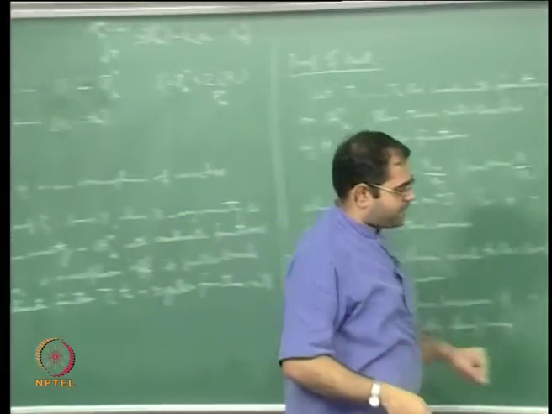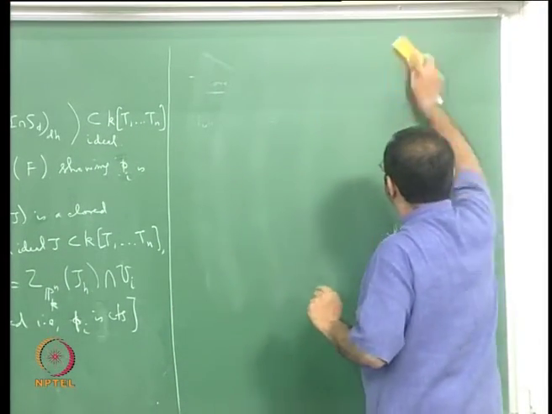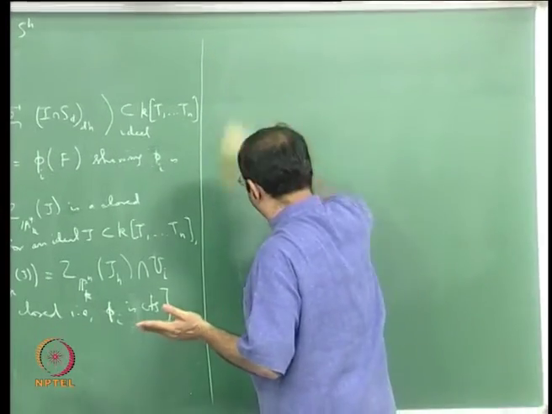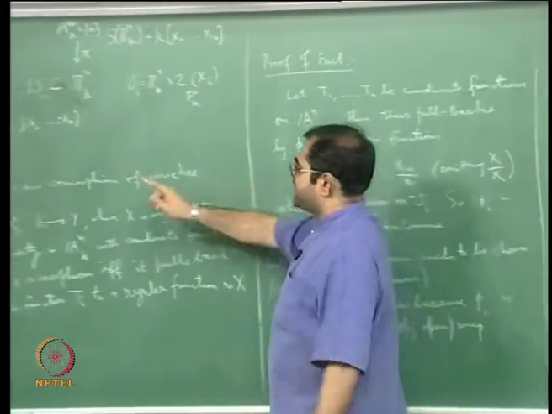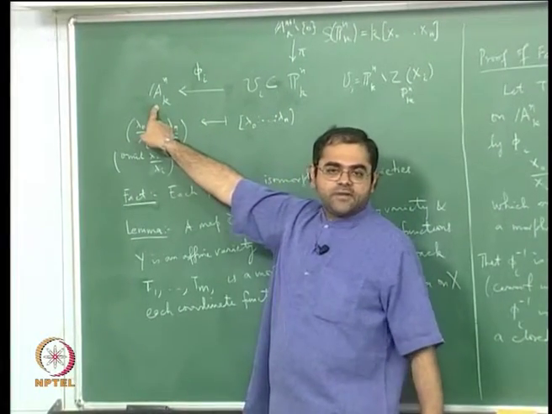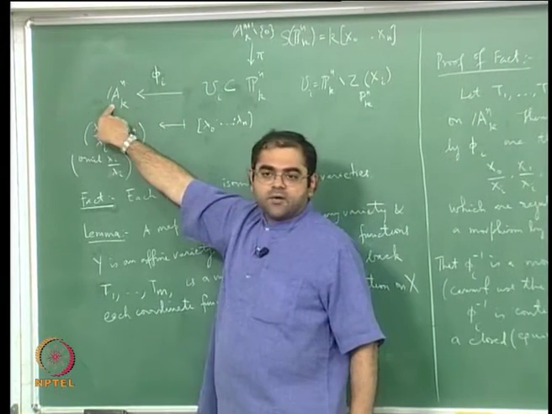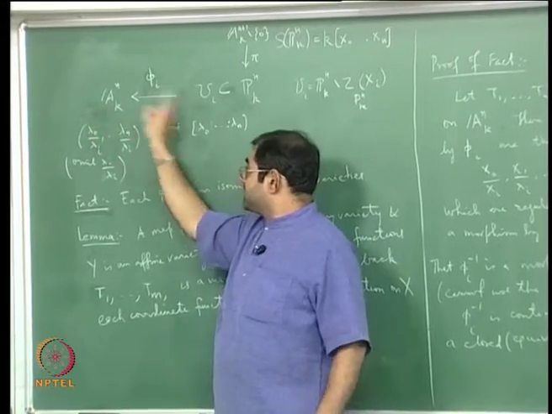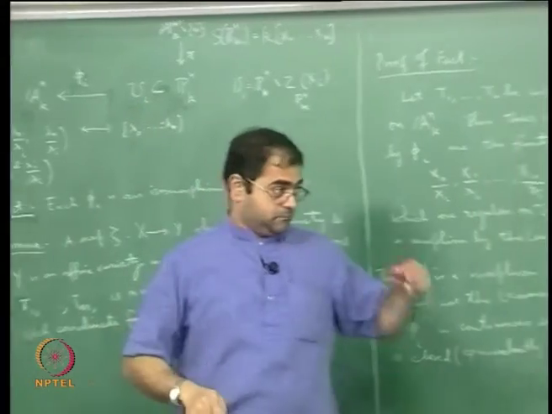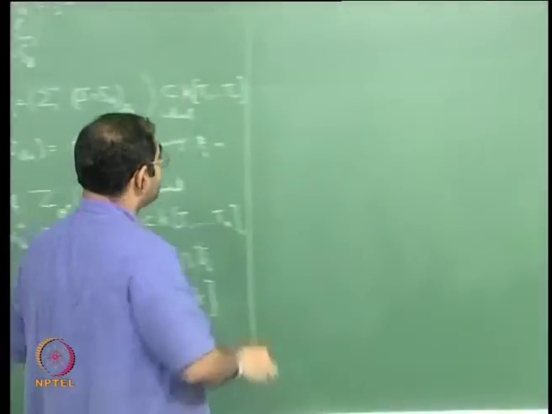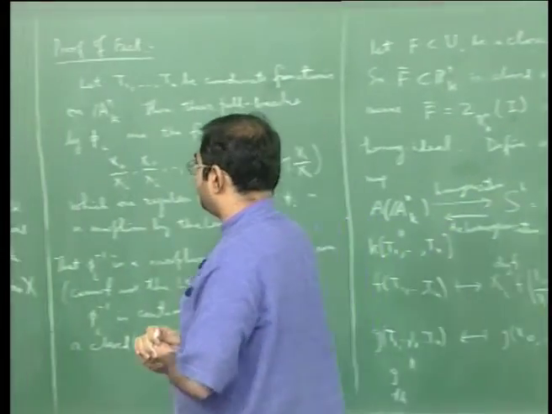In fact, to be more precise, what is happening is that once this fact has been proved, it is going to say that each Ui is isomorphic to An as an affine variety. Therefore, you expect that the ring of regular functions on Ui is the same as the polynomial ring in n variables. Okay, so that should give you some ring isomorphism, and you should have a nice ring description here. Okay, that also can be checked. But before I do that, let me complete the proof of this fact.